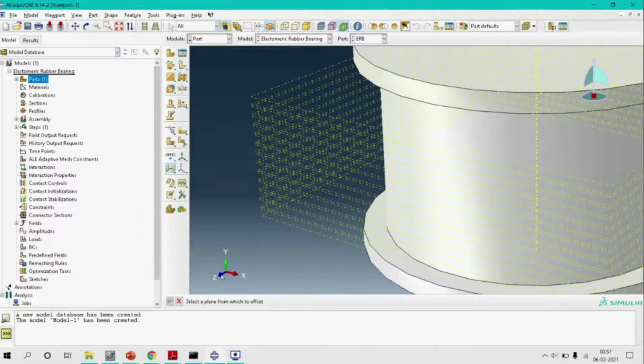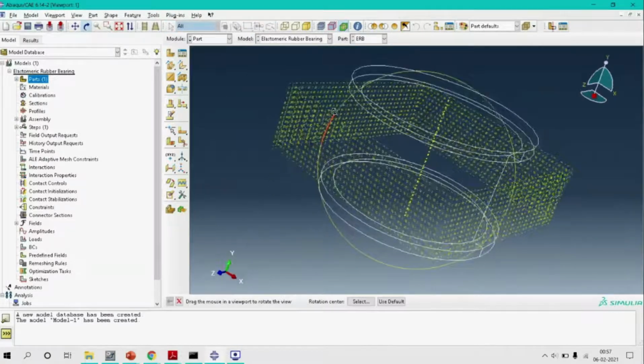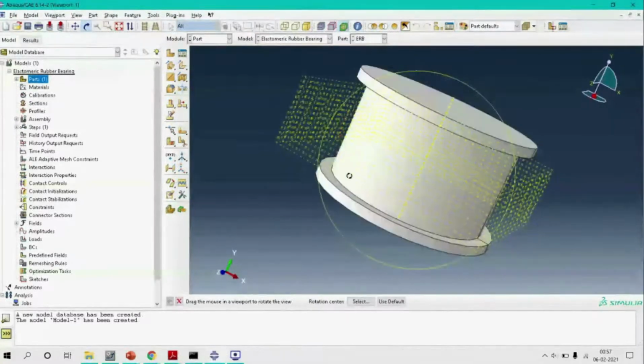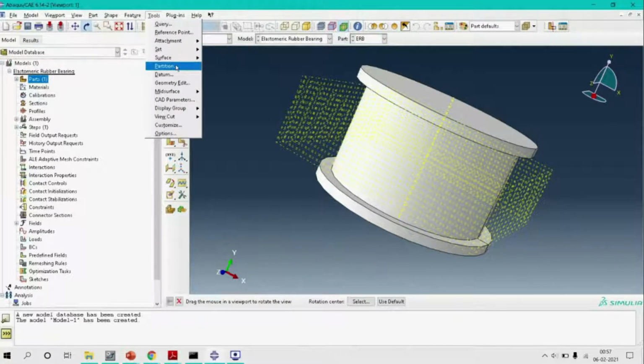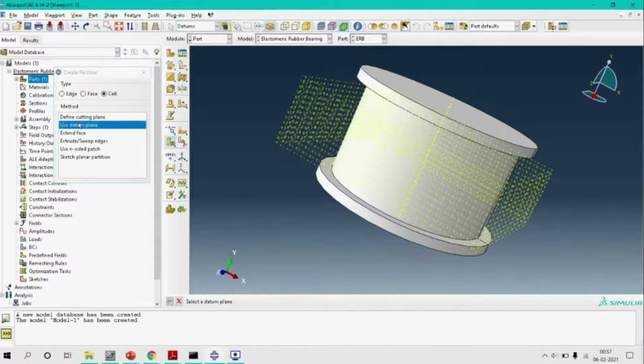Let's auto fit it and see how it looks. Okay, now let's create partitions through all of these datum planes. We have to create partitions of cells by using datum planes.